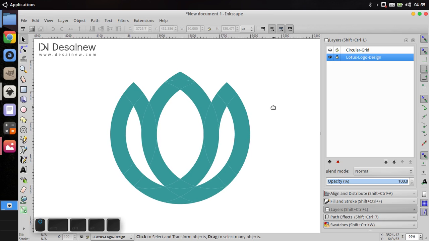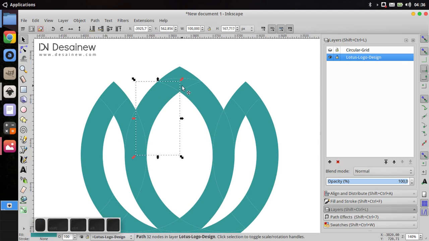Okay, at this step you have the basic shape of a lotus design. Here we will choose some parts of the object to be used as shadow objects.